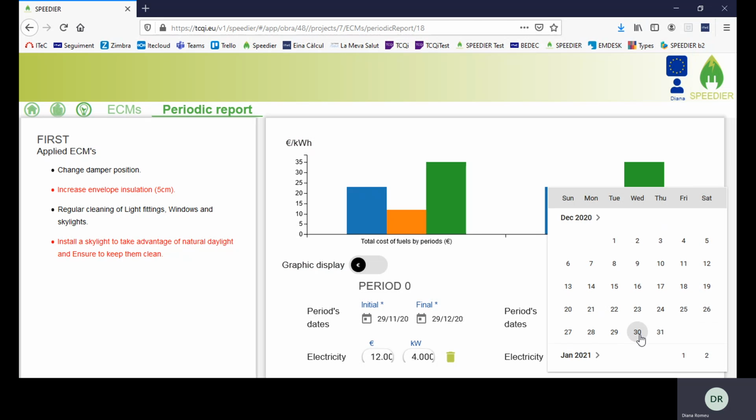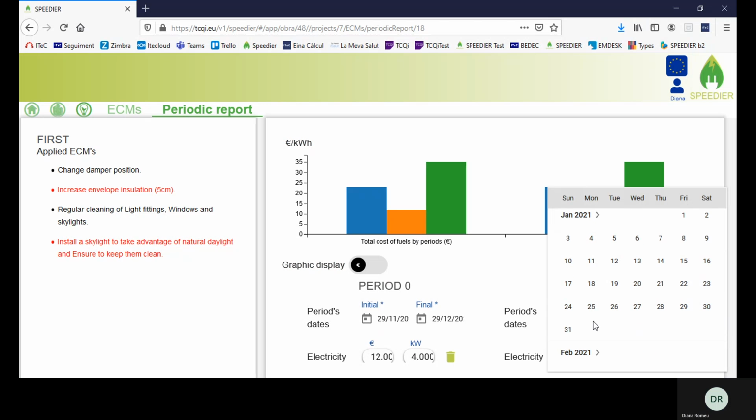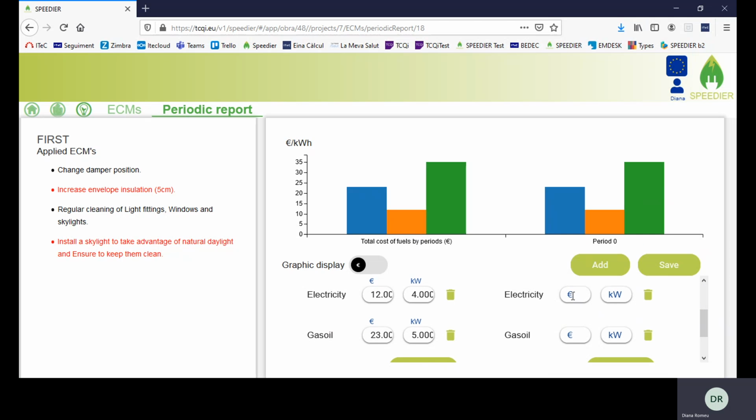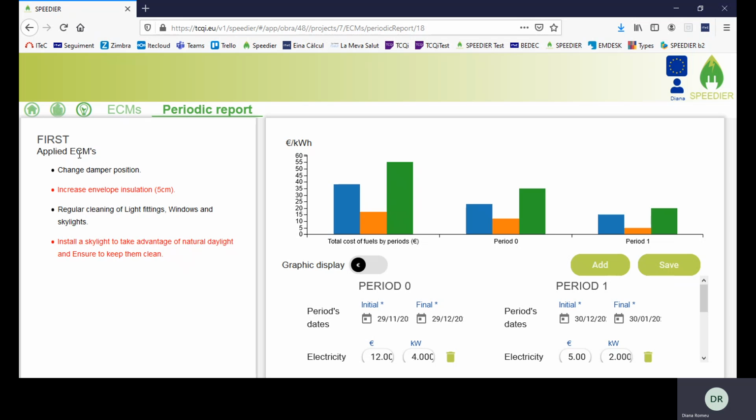So you can add another period to see how it's working the next month. For example, we start on the 3rd. And we end the next month. It was January, for example. And now we're going to see how the bills are working. For example, and we save it. Okay, on the left you can see the applied measures, and on the right how the bills are improving during a concrete period. So you can show the client how everything is working,